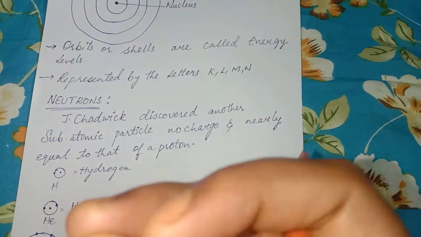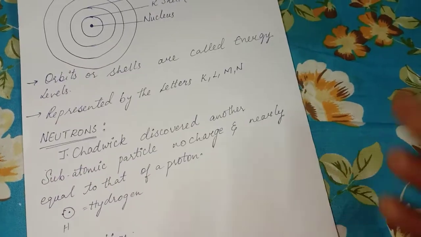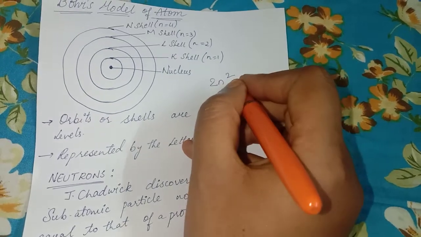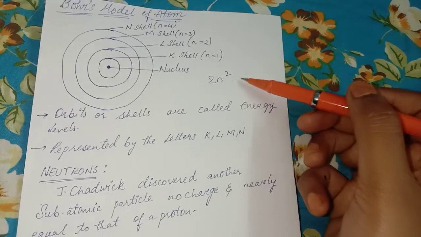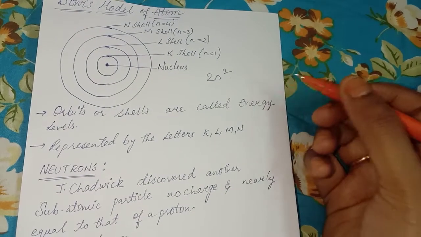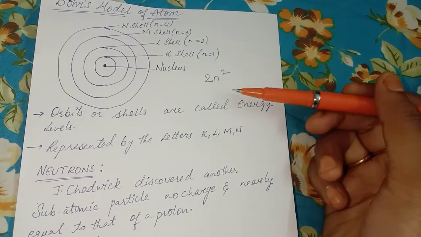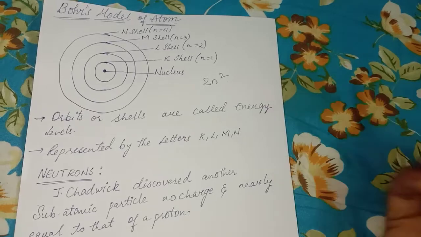The maximum number of electrons present in a shell is given by the formula 2n², where n is the orbit or energy level index: 1, 2, 3, and so on. So the maximum number of electrons in different shells is as follows. For example, I'll give you here,